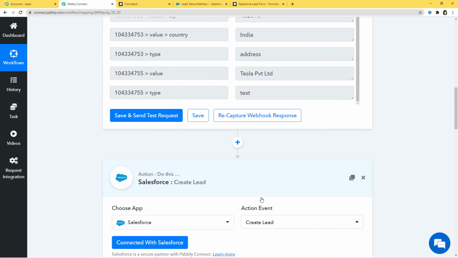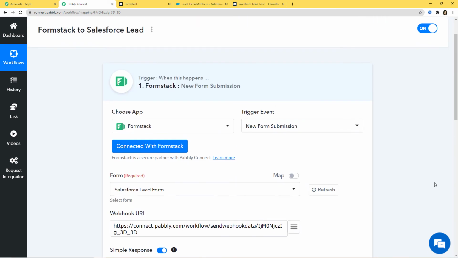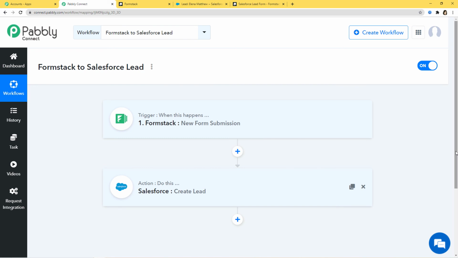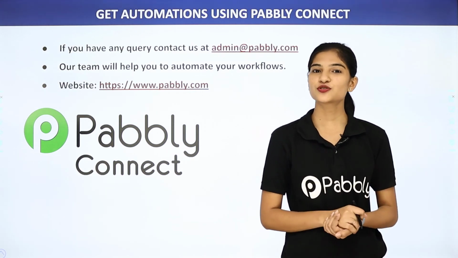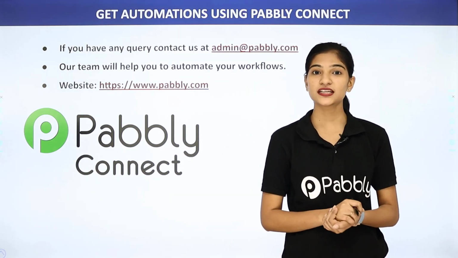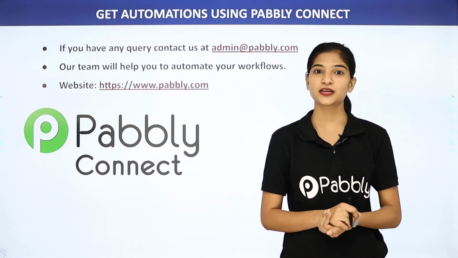Now I'm going to explain what has happened in our example. Okay, so in our example, what has happened is first the information came from FormStack to Pabbly Connect. Then from Pabbly Connect, the information went to Salesforce. So now every time a new form is submitted through FormStack, automatically a lead will be created in Salesforce. So we have successfully finished the integration of FormStack and Salesforce using Pabbly Connect. Not just these two software applications, but you can integrate any software application using Pabbly Connect.